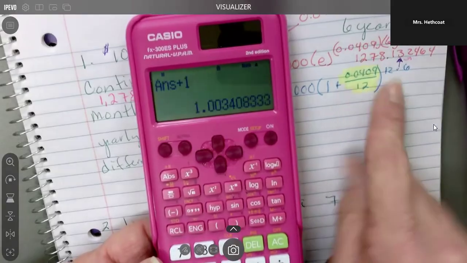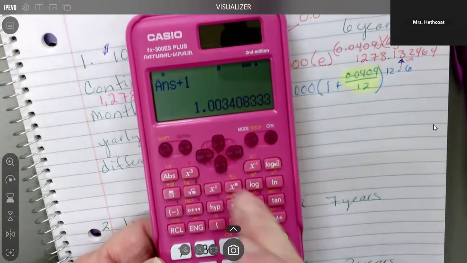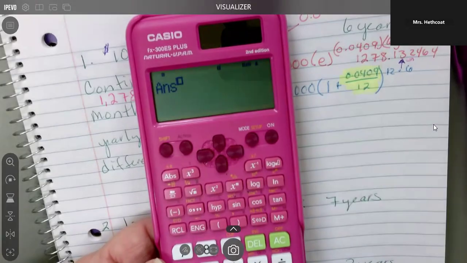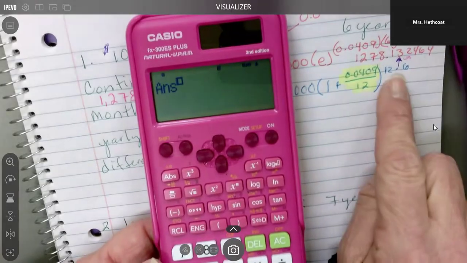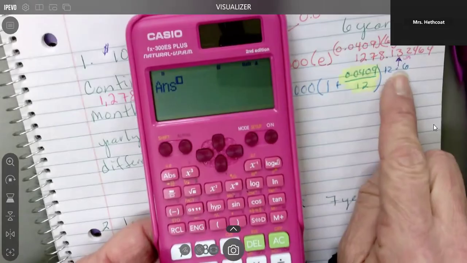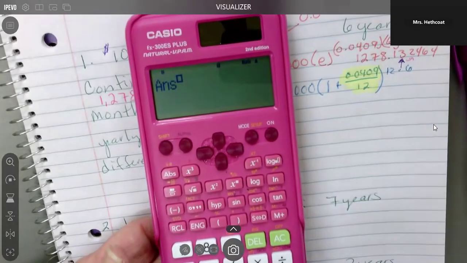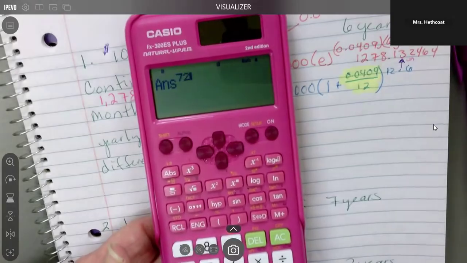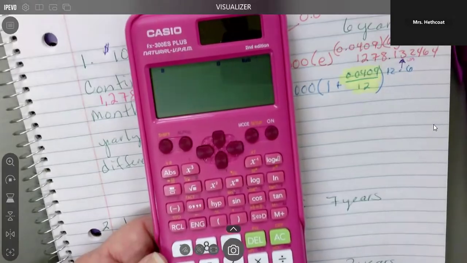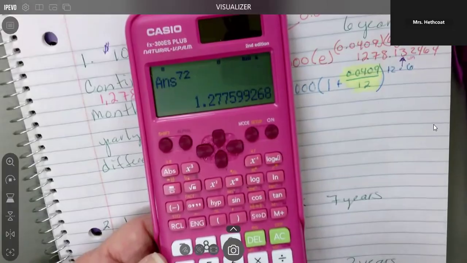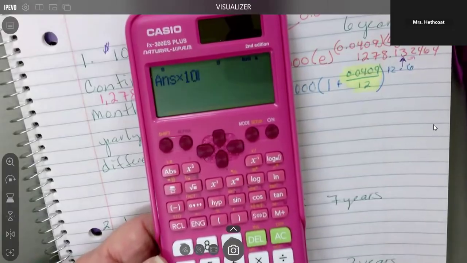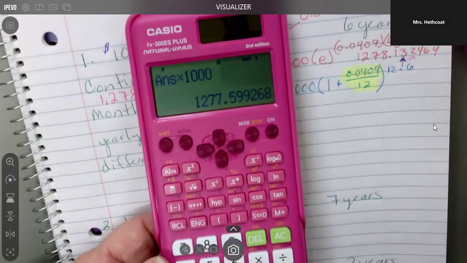Now I need to put that to an exponent. I know 12 times 6 is 72, so I would really just put 72 in there. I don't want to have to repeat my steps if I'm wrong. That equals 1.2777, but I have to multiply that times 1,000. And we get